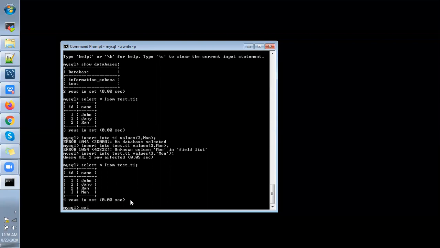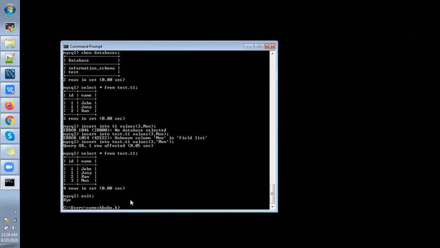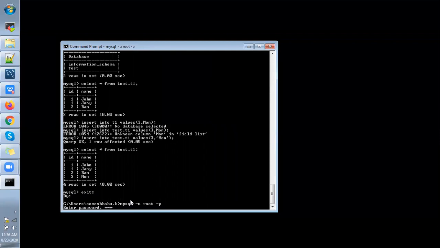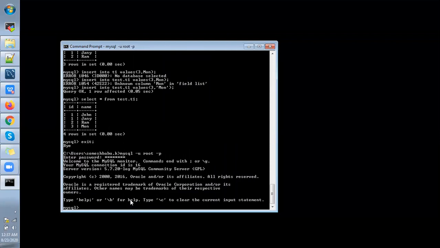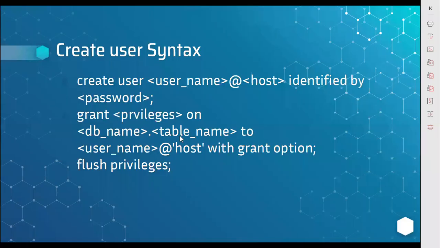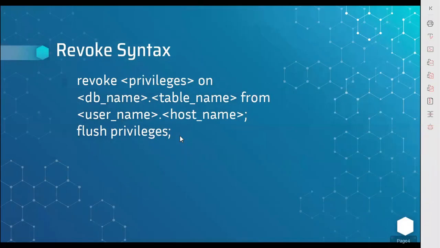So the next topic is how to revoke the privileges. The revoke command is this one, revoke. So let's go to the PPT. Revoke privileges: what are the privileges you want to revoke, next on the DB name and table name you can mention.